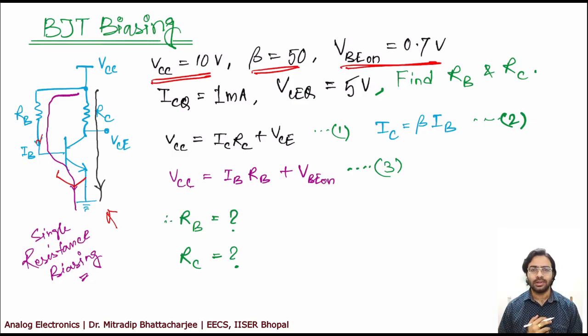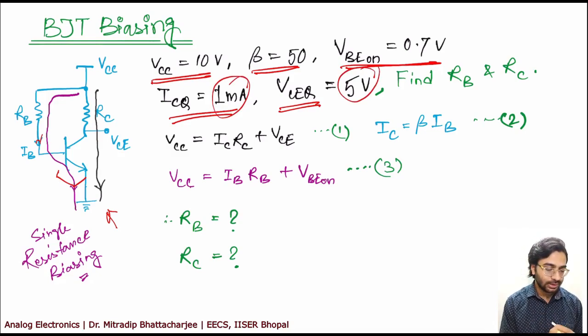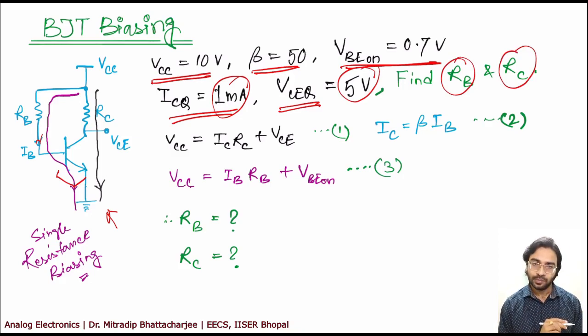Okay, so we took it as a 0.7 volt, so it is not a big deal. You can take it as 0.7 volt, even if in measurement you get 0.65, 0.68, but for the sake of calculation 0.7 is good enough. So it will not make life difficult. And then your ICQ and VCQ, the operating point is given. ICQ is 1 milliampere, VCQ is 5 volt. Now for this you have to figure out what is RB and RC.